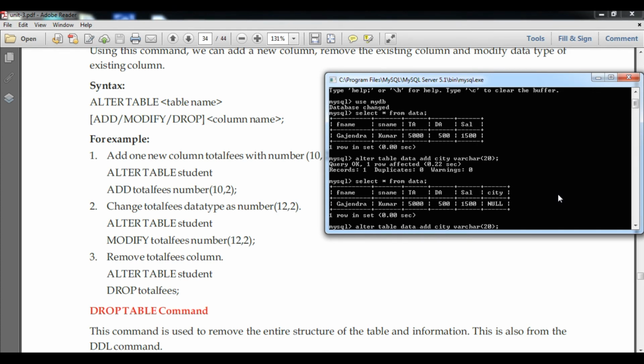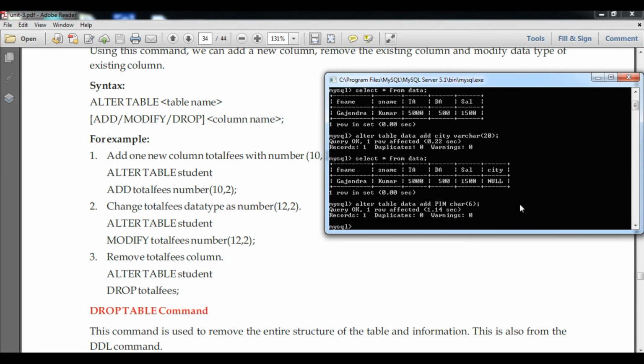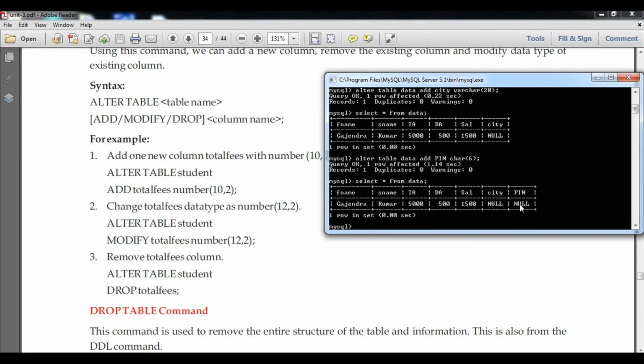Okay, and I am going to add one more new attribute here. Suppose pin number, that is postal index number, and its value is a character containing only 6 digits. You can see the command is the same: alter table data add pin, enter. So a new attribute has also been added here.